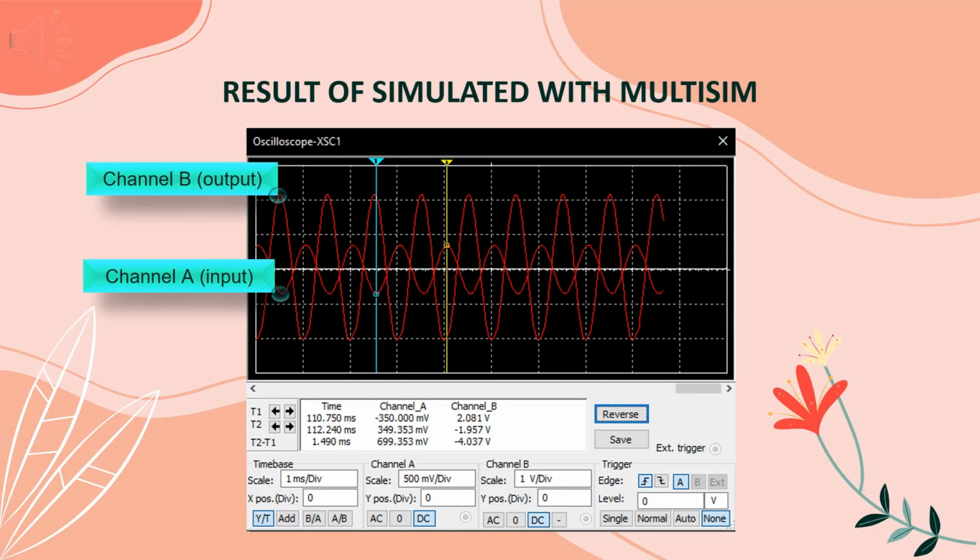Result of simulation with Multisim. Okay, there is channel A and channel B. Channel A is input, channel B is output. Okay, as you can see in this waveform, the blue color is low and the yellow color is high. Okay, channel A, the low is negative 350 millivolt, and the high for channel A is